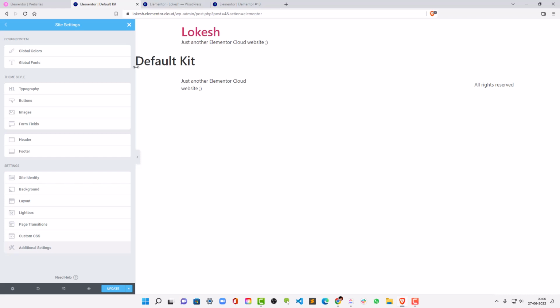It will help you streamline workflow. It will help you to create websites faster. You will not need to copy the color code. You will not need to select the font that you want to use every time. You will not need to customize the form fields. Like if you are on landing page 1, you have designed it in some way, you will not need to copy the widgets from that landing page to another landing page when you are creating a new landing page, and you can easily retrieve the information from the global settings by setting the settings in the site settings. Okay,